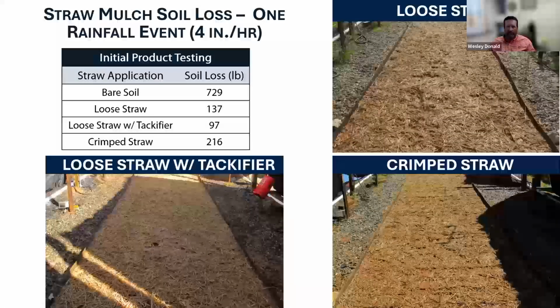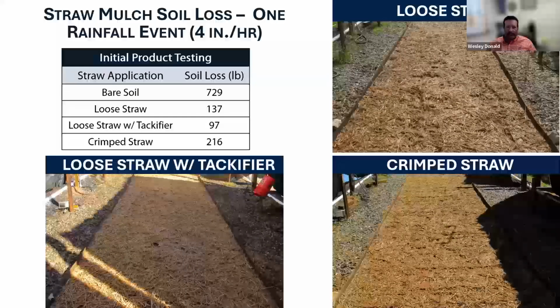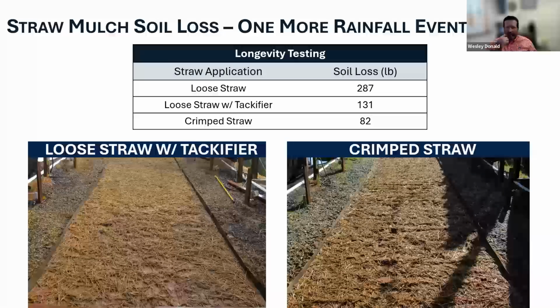And we tested that, and we saw that from a bare soil standpoint, from a 4-inch per hour, 1 hour rainfall event, from that sandy loam soil, we would lose about 700 pounds of soil within that time period. Whereas by just putting loose straw on it, we reduce it by 100 to 137 pounds. Add tackifier to that, increase it even further, a reduction to 40 pounds of loss. Our crimped straw actually had an increase of sediment loss. That's because the crimping itself causes soil disturbance.